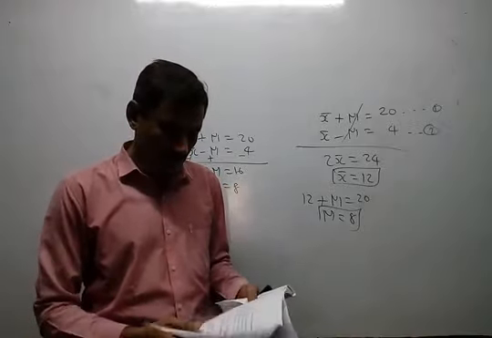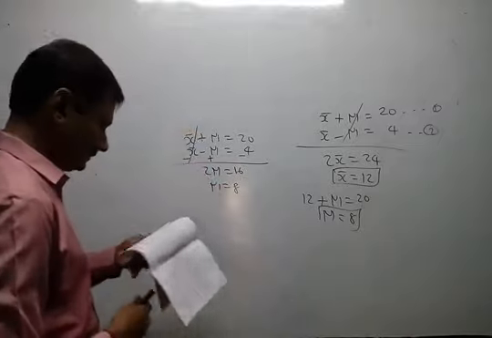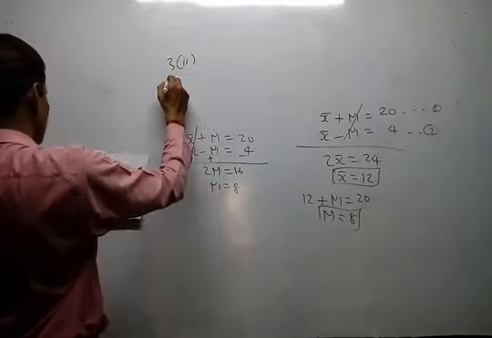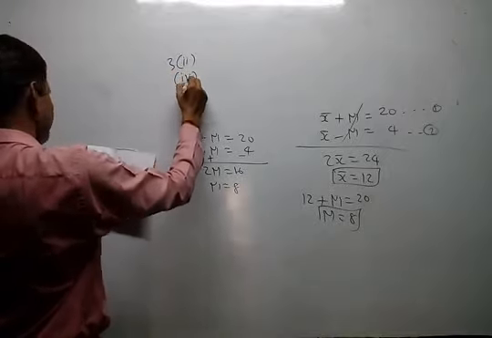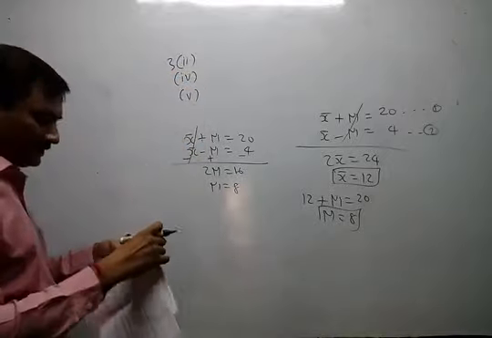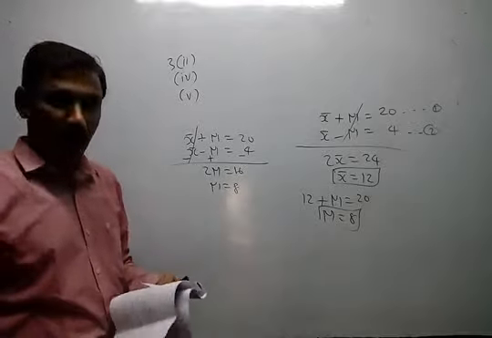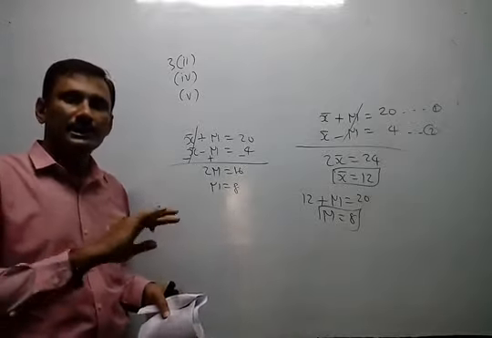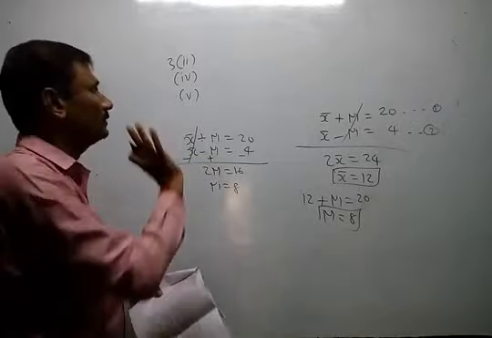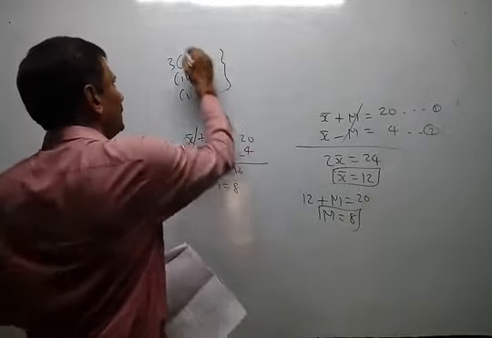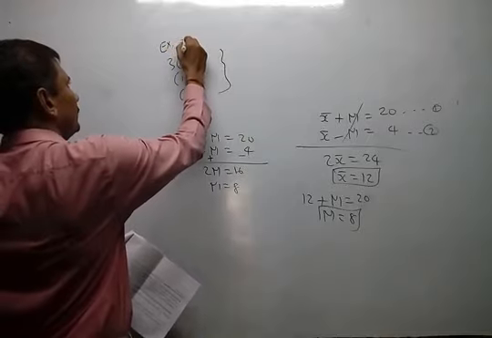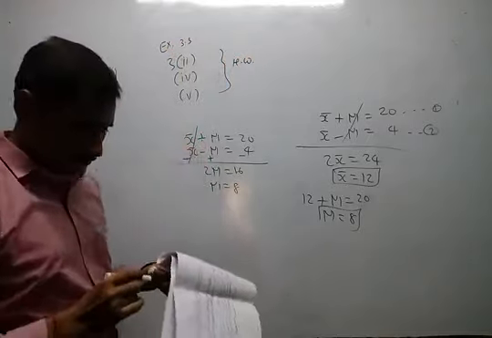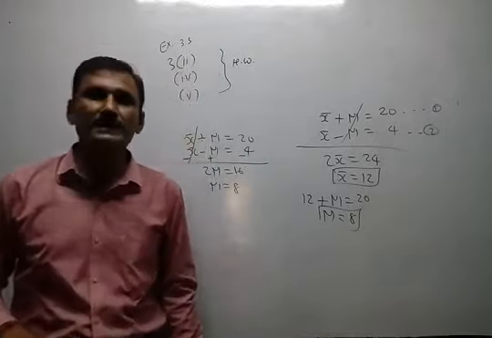Today, whatever sums I have given, I just repeat them: number 2, number 4, number 5. So 3 sums are given in homework, but not the whole question. Only a part. The calculation part was left, and that you have to solve. Okay. Exercise 3.3, the left part. You understand, and you know from where it is left.